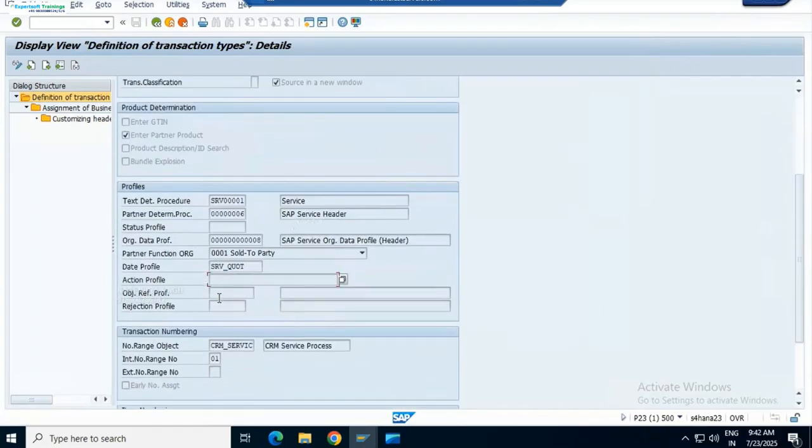And then we have your object reference profile. I have not used this, so